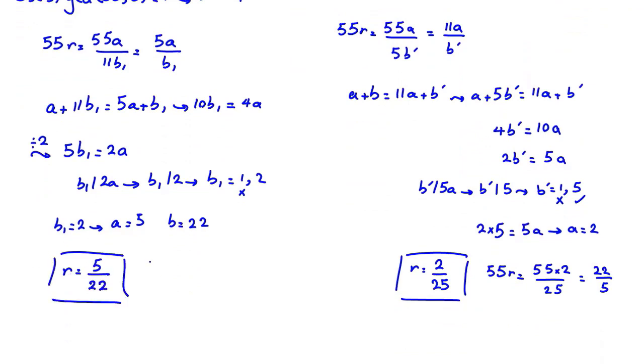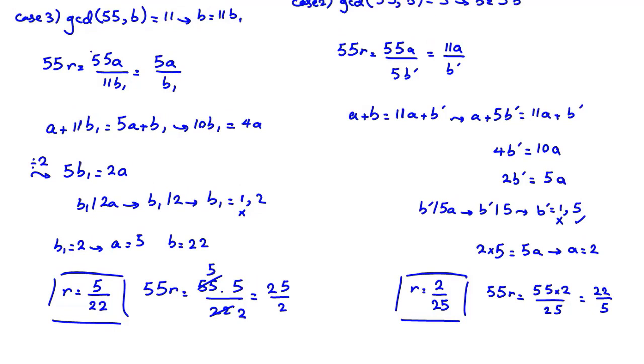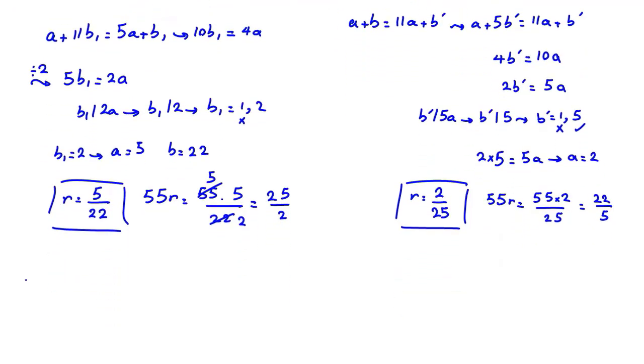And we can check: 55 times R equals 55 times 5 over 22. If we divide by 11, it will be 25 over 2. The sum of numerator and denominator in both cases equals 27. So we found two cases. Now, the last case, case number 4,